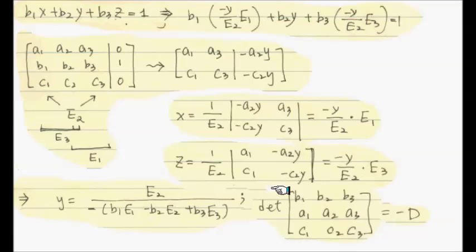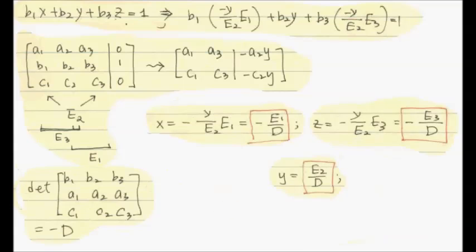So once you arrange it like this, you recognize this one as a negative. This whole thing is negative D, but they have already a negative there, so the entire thing is going to be simply D. So I wrote that part here with the negative D, and then we're rewriting that x and z in there with the negative